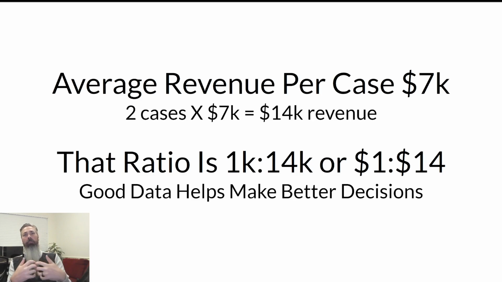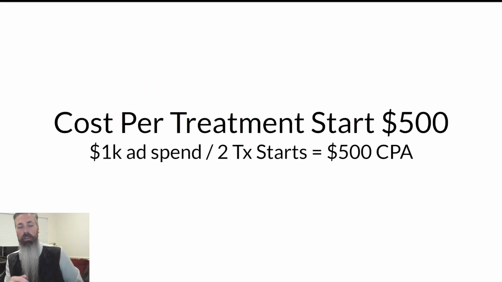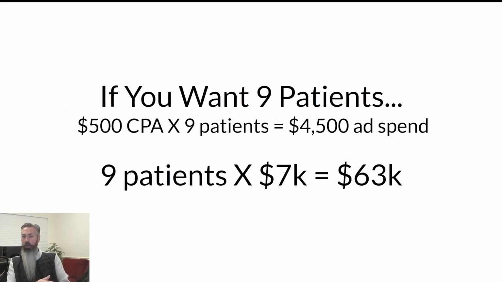Now, with this data, it helps us to be able to plan and make better decisions going forward. And so we'll get a little bit more into it. So the cost per treatment start, if we divide that out, is $500. So we take that $1,000 ad spend and we got 2 treatment starts out of that. That means that each one of them cost us, or cost per acquisition, is $500. It's good to know. So breaking it all the way down to those very minimal parts, then if you want to have 5 new patients, or if you want to have 9 new patients, it's a very simple